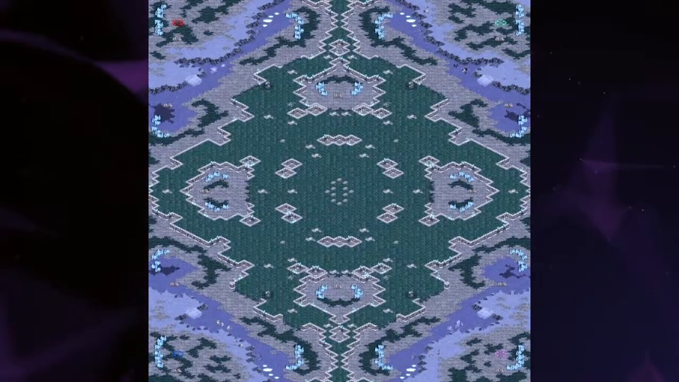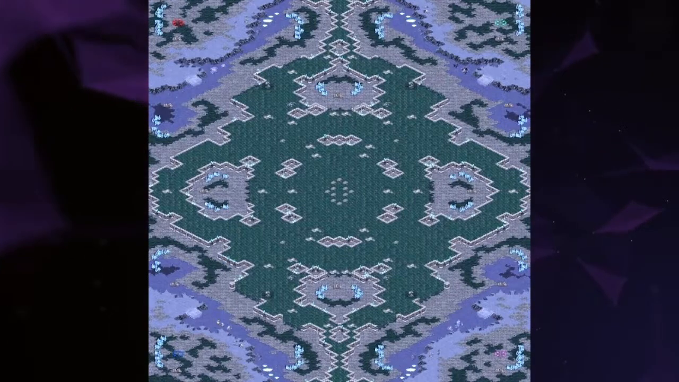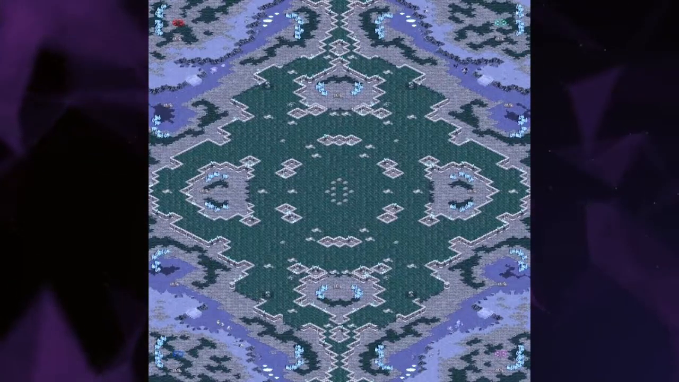Again, a kind of tricky situation. You can see where you've got a main base, you've got a ramp down to your natural expansion. The natural expansion is a little bit open, and then there's a wide ramp leading up into the middle of the map. So it's kind of difficult to defend, and it's easy to get contained,